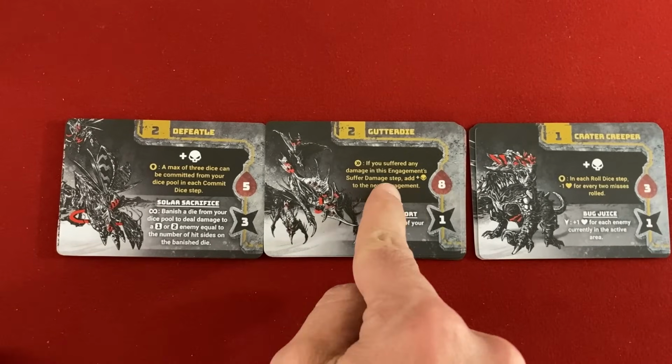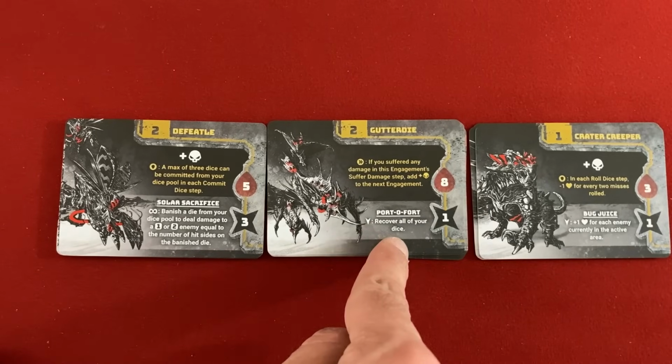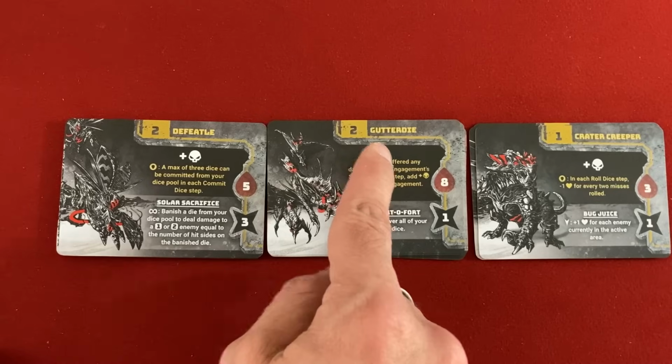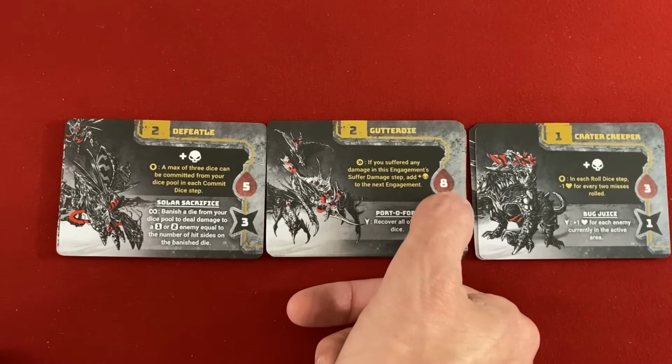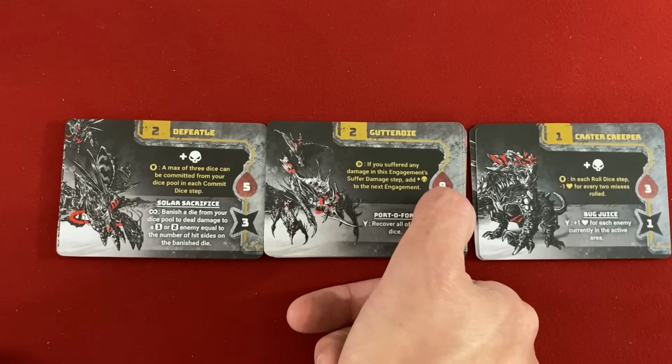What's this guy do? If you suffer any damage in this engagement, suffer damage step, add a skull to the next engagement. Oh my god! Recover all of my dice? Dude, gutter die. You gotta gutter die. Although, he's got 8 life, which makes me think maybe I leave him alive